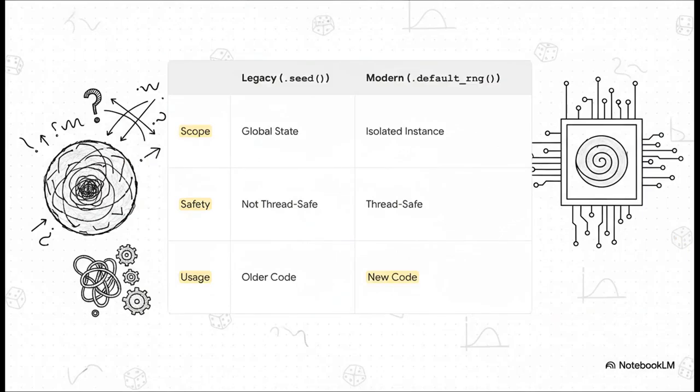For a long time, people used np.random.seed. The problem is, this method messes with NumPy's global state. It's kind of like having one single dice cup for your entire program. If different parts of your code are trying to use it at the same time, they can interfere with each other. It's not safe. That's why the modern, much better way is to create your own little isolated generator with